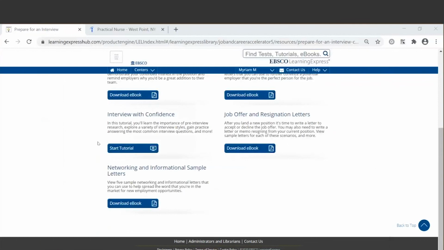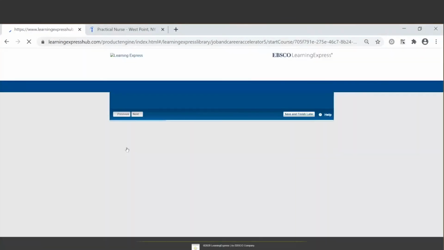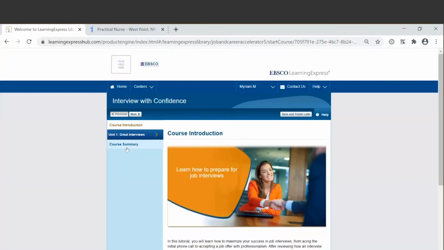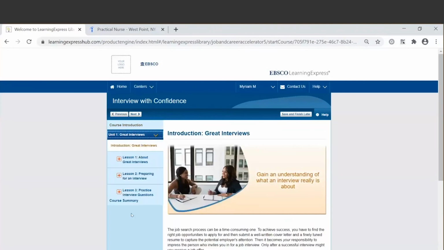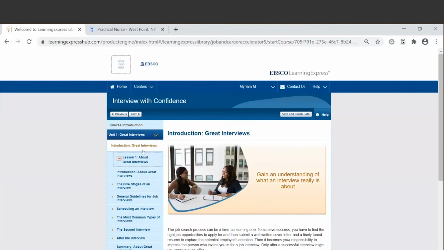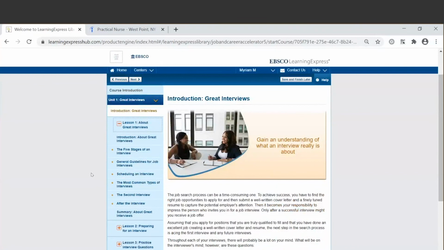But then also, I really wanted you to take a look at this. We have a tutorial on interviewing with confidence. We'll quickly go in here so we can take a look, you'll still find our units, our lessons here on the left-hand side. We have our introductions as well. But this tutorial will help your users really understand what is happening in the interview process, especially starting with the 5 stages,